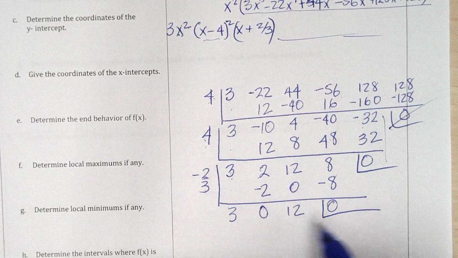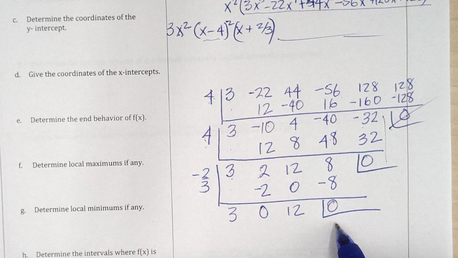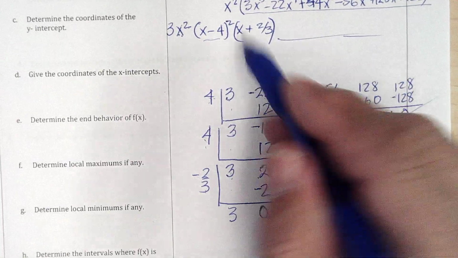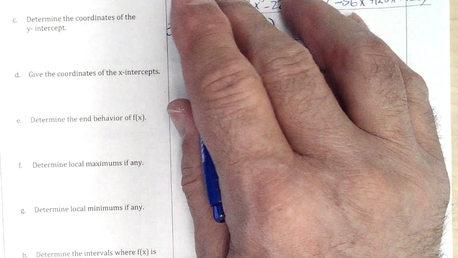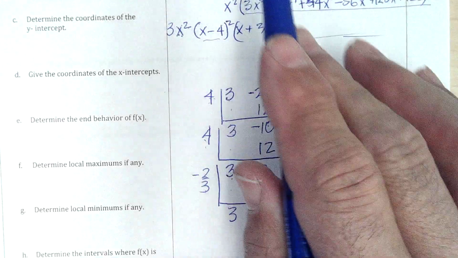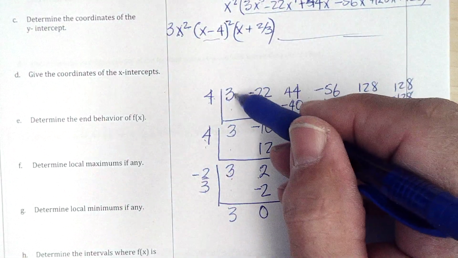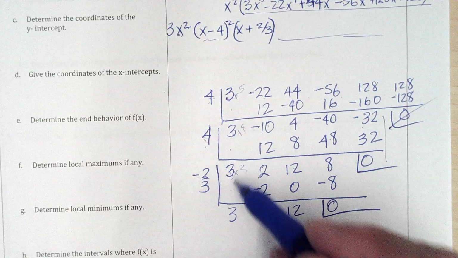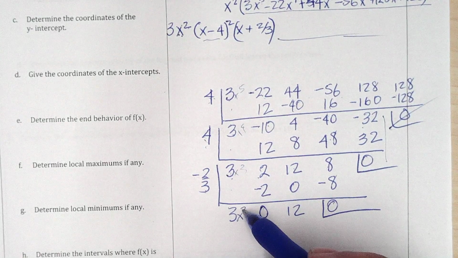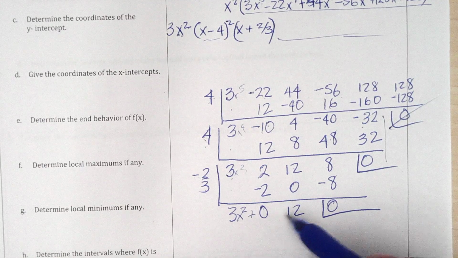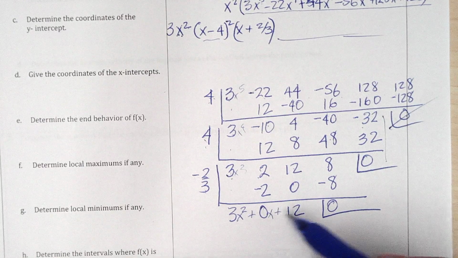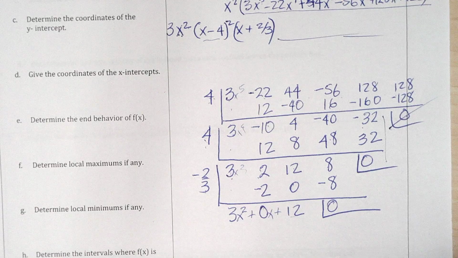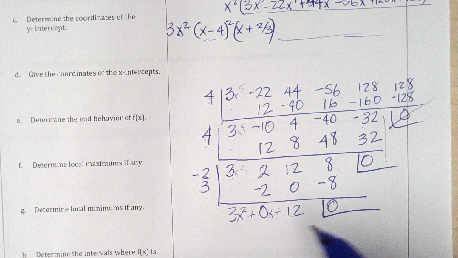So now I have this. Now I've taken the x squared out, so it was x to the 7th, then it turned to x to the 5th. This was x to the 5th. This is x to the 4th, x to the 3rd. So this is 3x squared plus 0x plus 12,